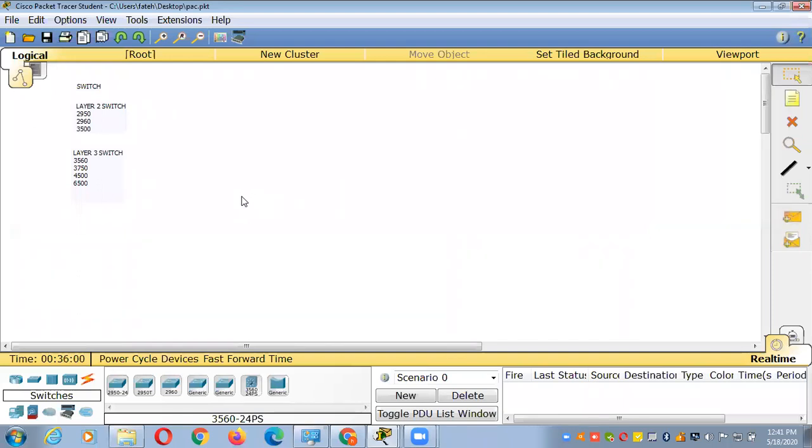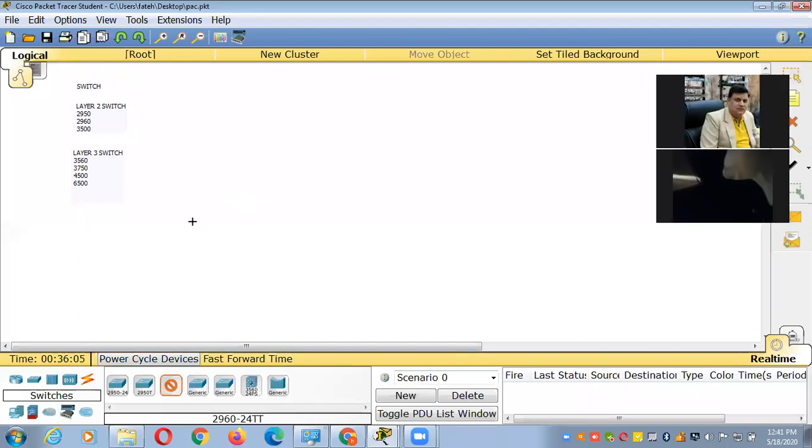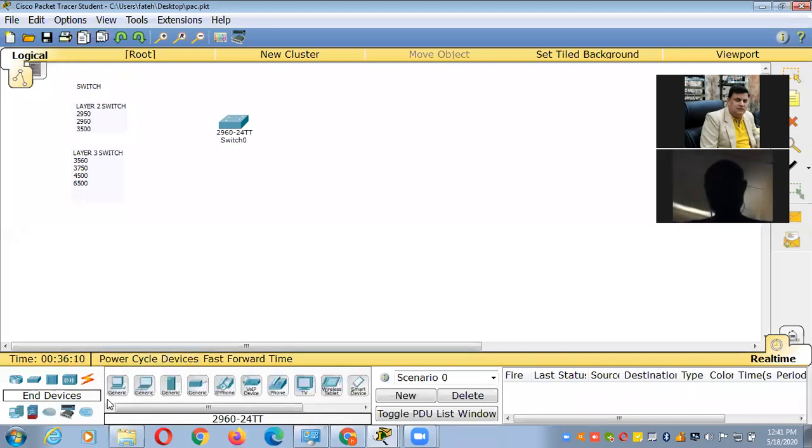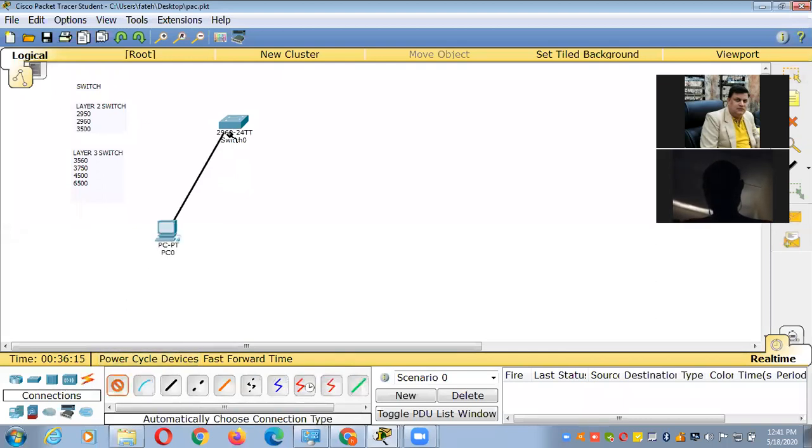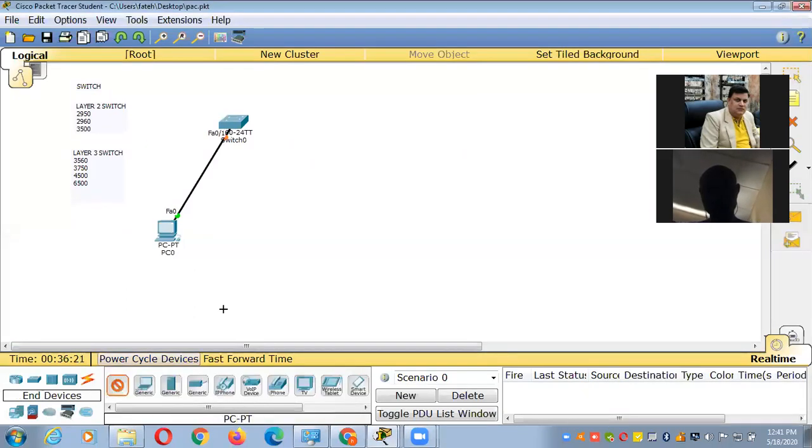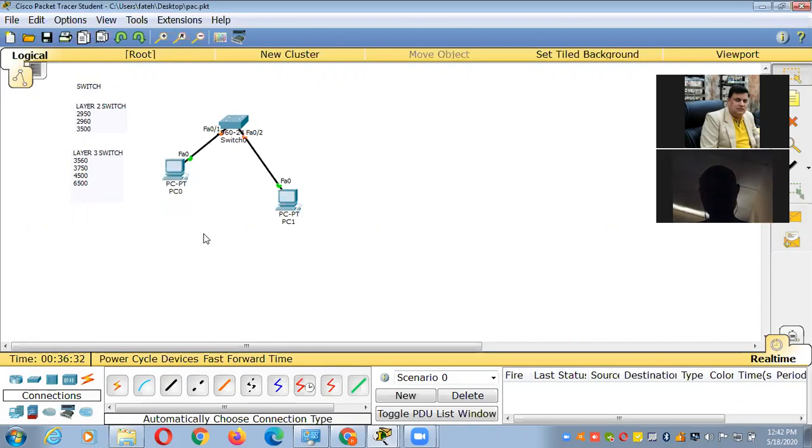But my question is, what is the difference between layer 2 and layer 3 switch? I have a switch here that is 2960. This is your layer 2 switch.